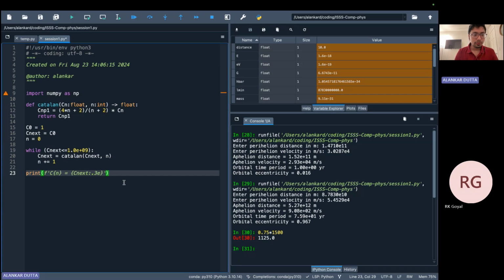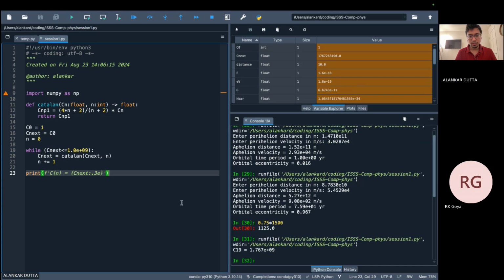So this is it. Let's try to print this. So yeah, you see C19. It got to 19 iterations, and it has given me something which is greater than. So I think, okay, got it. What has happened? It checks, and I want something which is less than or equal to 1 billion, but you see it has gone over 1 billion. So actually what we want is C18 instead of C19, because C19 already goes over 1 billion, and then this